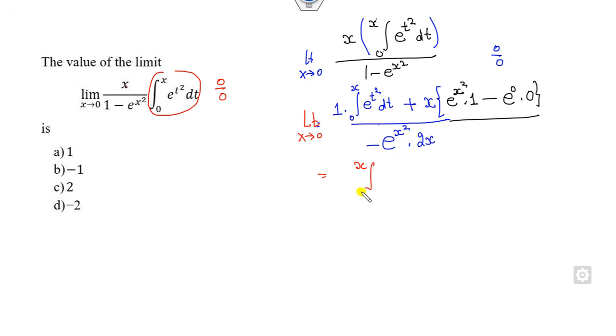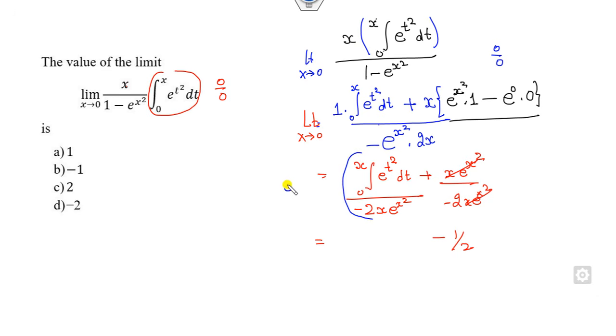Firstly, the integral from 0 to x, this is 0, it is my plus x e raised to power x square. I can write minus 2x e raised to power x square here, 2x e raised to power x square here. So you can see this number will be cancelled out. So it is a minus half here. Now again this portion will be 0 by 0 form. Fine. Then, if this is again a 0 by 0 form, you can again apply the L'Hopital